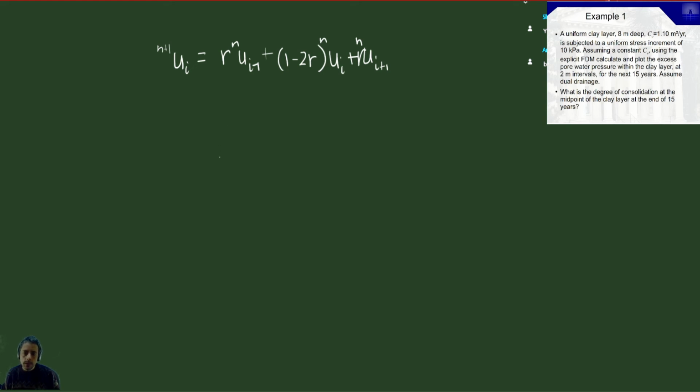So we were looking at different moments in time, and we want to have u at a given time, so u next is equal to something times u previous. So in this particular case,